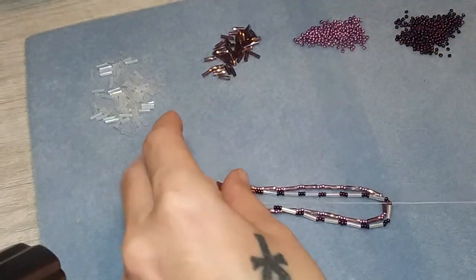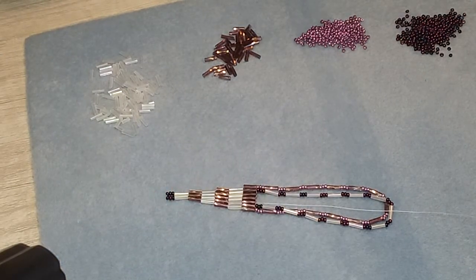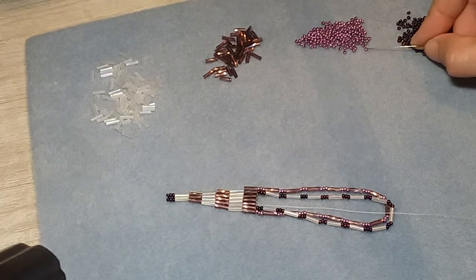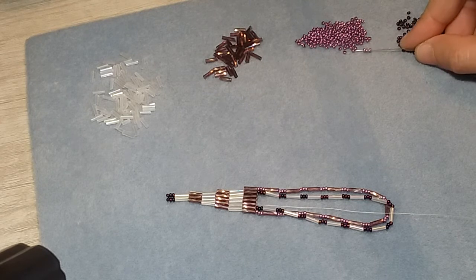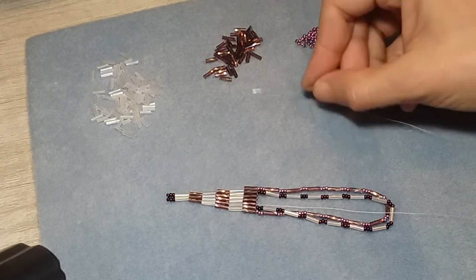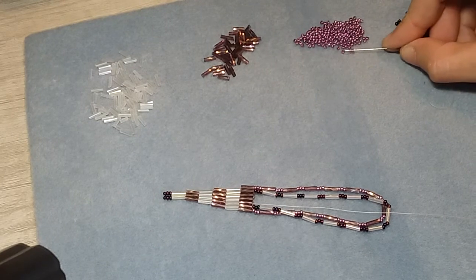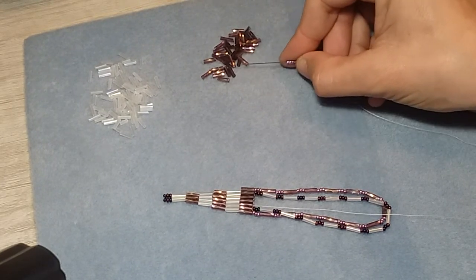Now for our first row, or our last row of fringe, it's a little bit different. We're going to want 13 groups of seeds and 12 of bugles. And we're going to do the purple, so we're going to do 3 of those, 1 of these, 3, 1,